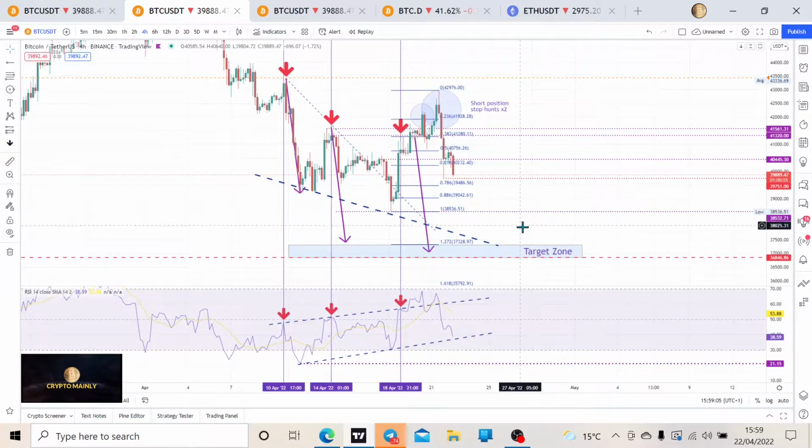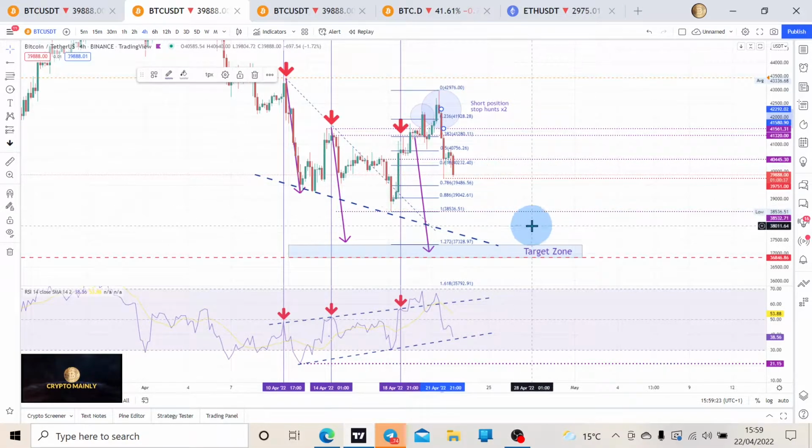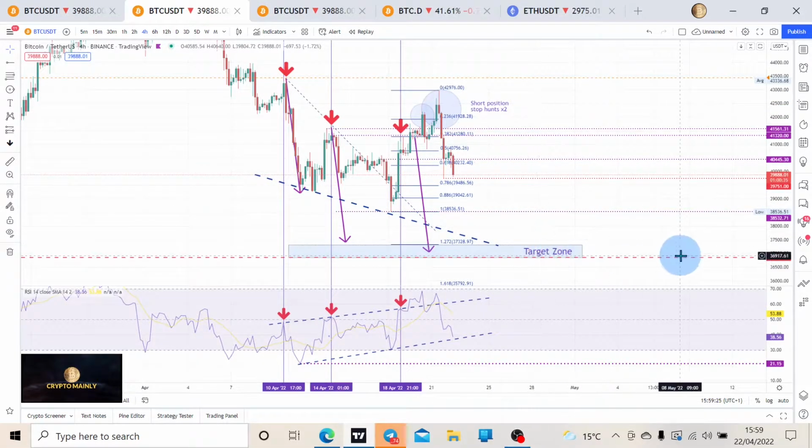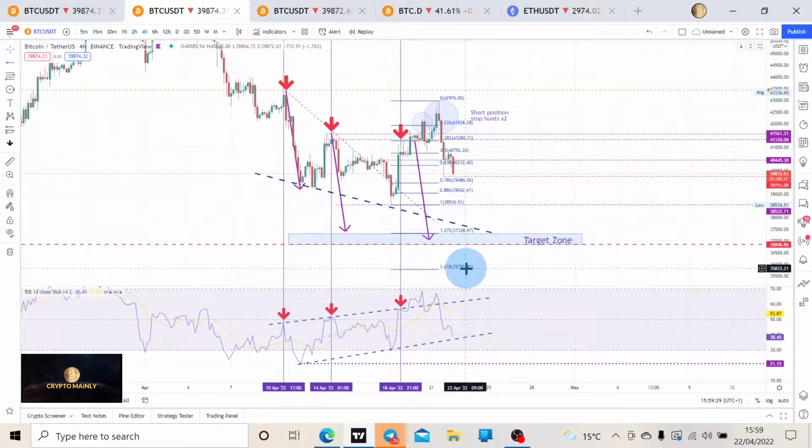You'll see actually that the target zone has changed slightly, not too much. It's just the fib level now. The fib level was obviously, we were drawing from here to the top of the range, which I believe was here at the time. Of course now the top of the range is here. So the fib measurement now is the low here from the high. The 1.618 has actually changed now, so it's down at